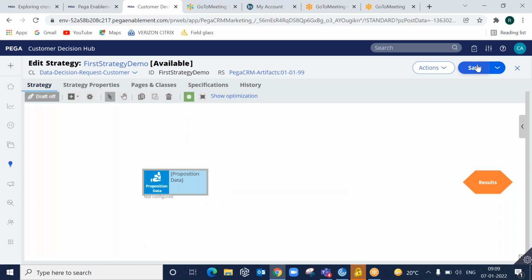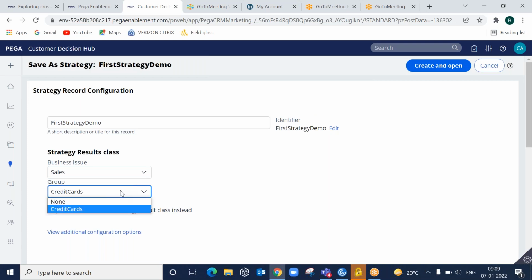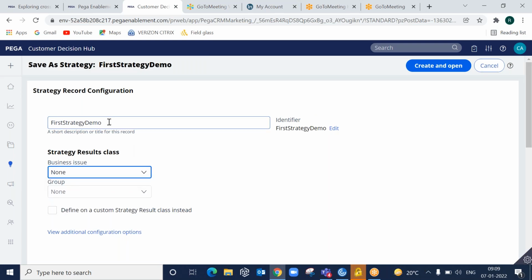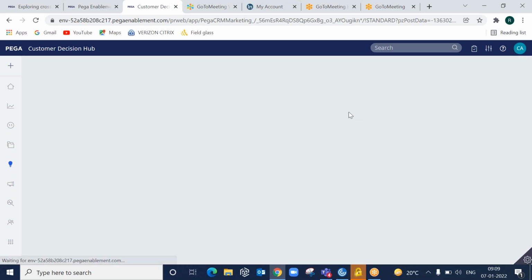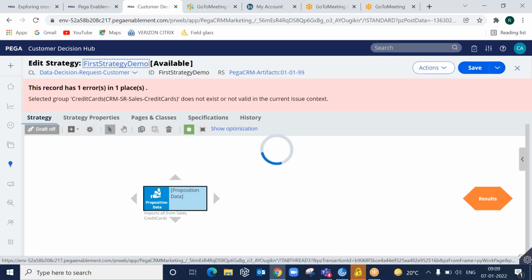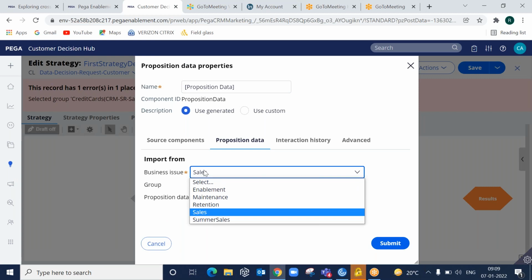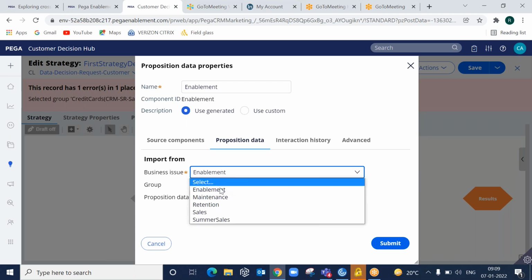Let us say I don't give any restriction, and let us see what happens then. So let's say I just select none, and I create and open. Now if you double click on the proposition data, notice that I'm able to select multiple issues and multiple groups.